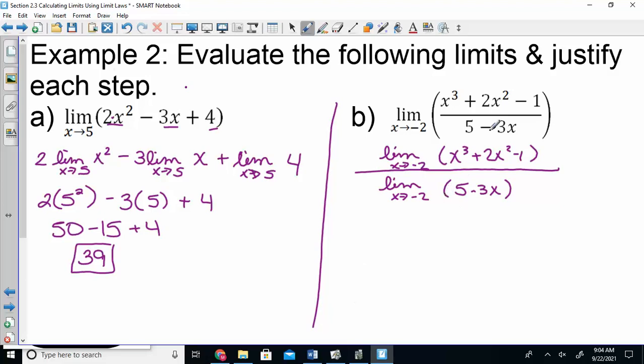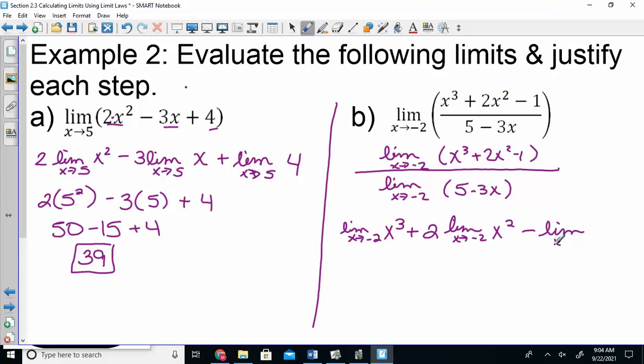But then, on the top, we can do it like we did the last one. If I have the limit of things added and subtracted, we can just do the limit of each one. So the limit as x approaches negative 2 of x cubed, plus, I can put that 2 out in front, 2 times the limit as x approaches negative 2 of x squared,